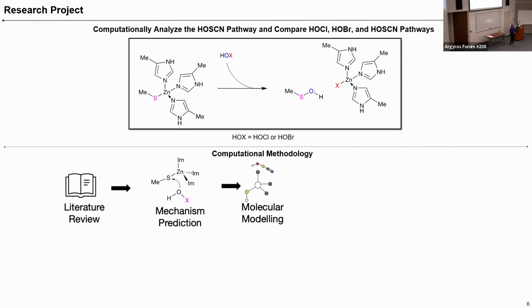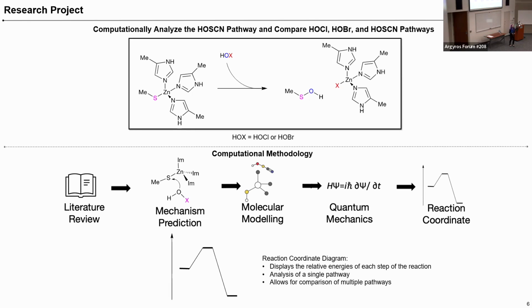I then built the molecules in Maestro and subjected them to molecular mechanics calculations. I then did quantum mechanical calculations on them, and finally built a reaction coordinate diagram. These reaction coordinate diagrams are extremely helpful. They display the energetic data of the molecules that we're studying, and they allow us to not only analyze single pathways, but